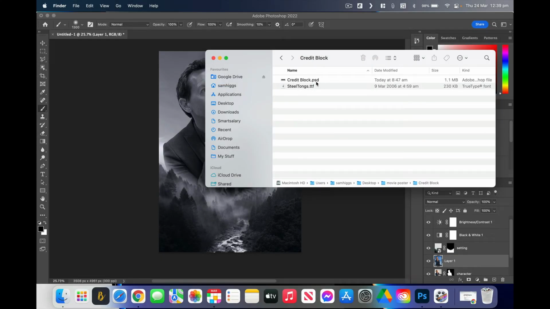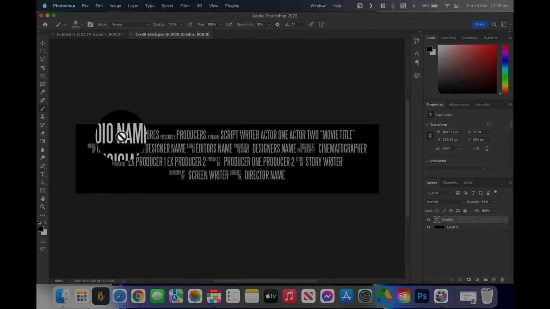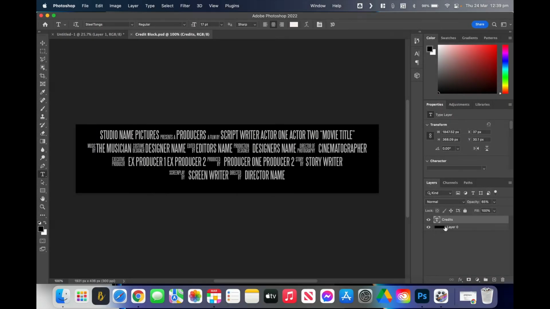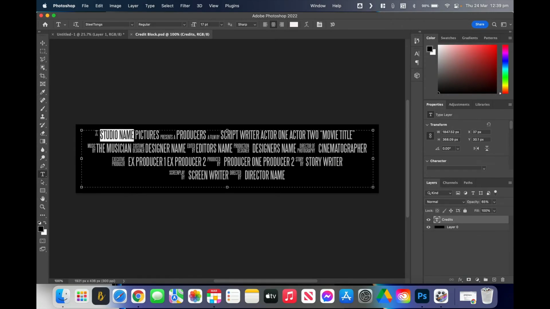But the credit block there, you can see it's a PSD, it's a Photoshop file. So if I just double click that, it'll open in a new window in Photoshop. And there it is, it's just a big block of text. And you can see that it's got the different people who are normally in a credit block, and you are able to change these names by just selecting the type tool, making sure we're in the type layer here, and we're going to make this a Paramount. I hope I've got the right logo for that. Paramount Pictures presents a,